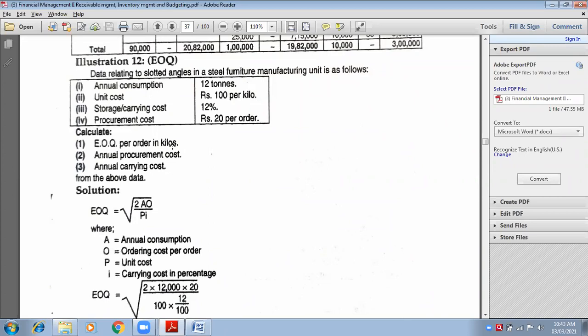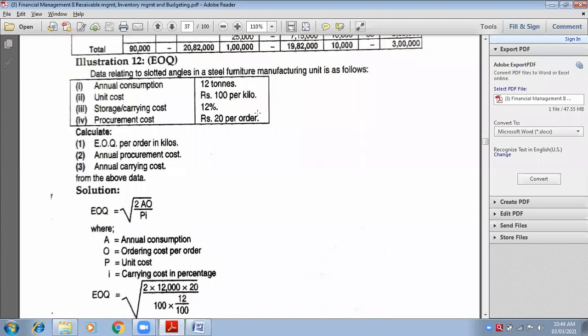So 1 ton is equal to 1000 kgs. I hope you know. So 12 tons will be converted and therefore it will be 12,000. Has everybody understood this much? Okay. So the first new point is 12 tons. We have to convert it into kg. It is very simple. 1 ton is 1000 kgs. So 12 tons is equal to 12,000 kgs. Very simple.